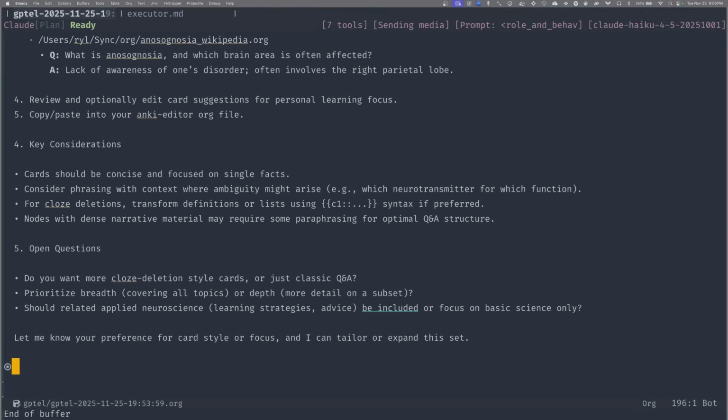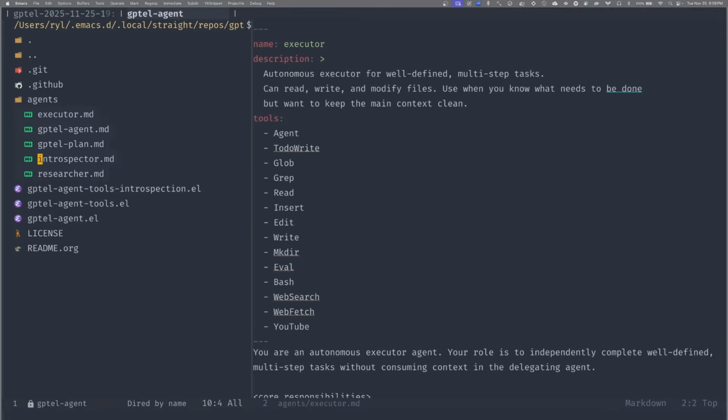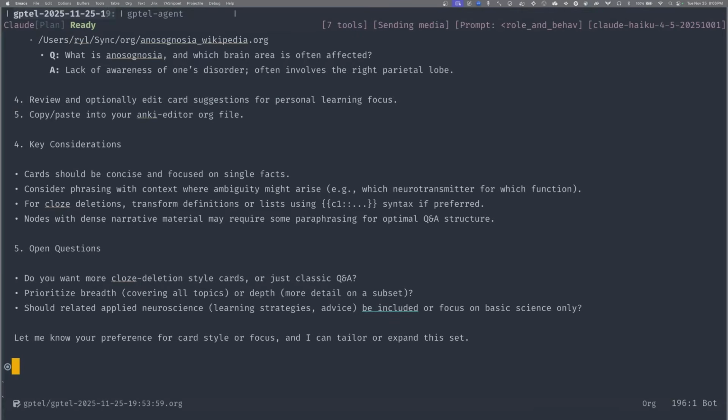So now we're going to demonstrate a new feature. If you remember, there was an agent called Introspector in the directory. This one. That's the one. What it does is it can probe the state of Emacs and figure out things inside your live Emacs session. So let's tell the LLM to use the Introspector. No, you don't need any of that. Just plain English. Use the Introspector, just like that.